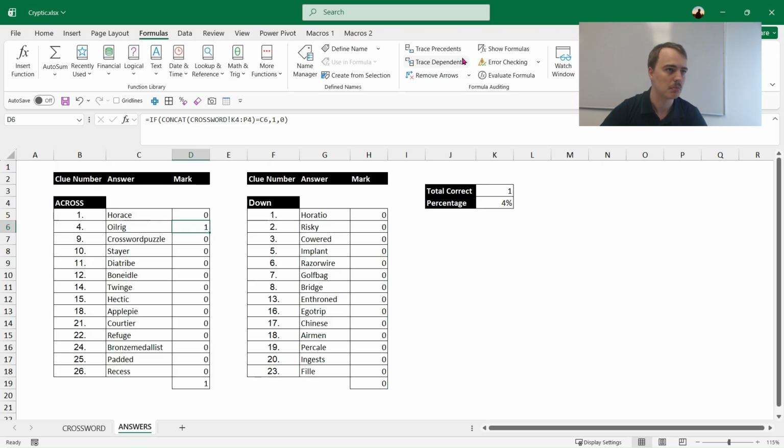So if I take this example and I look upstream, what things precede it? Well, I can see clearly that this formula uses this oil rig cell, the answer, and also this symbol tells me that it's using something off this sheet, away from the sheet. If I now remove the arrows and I look downstream,